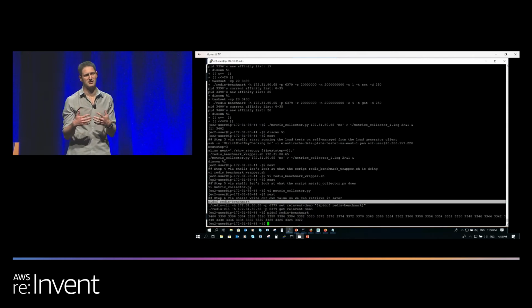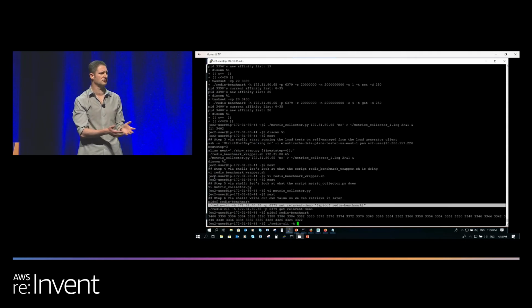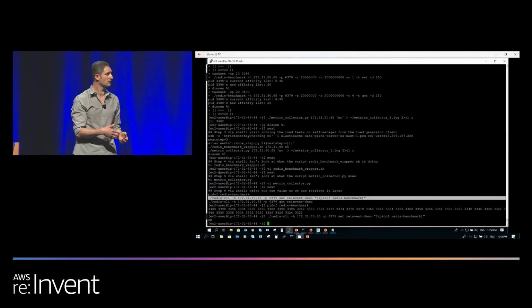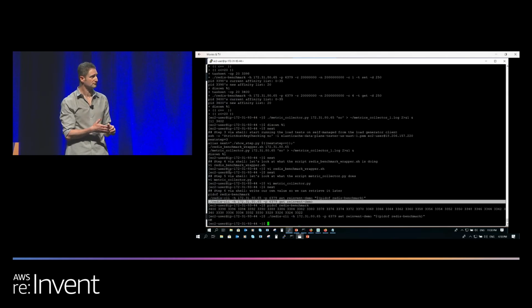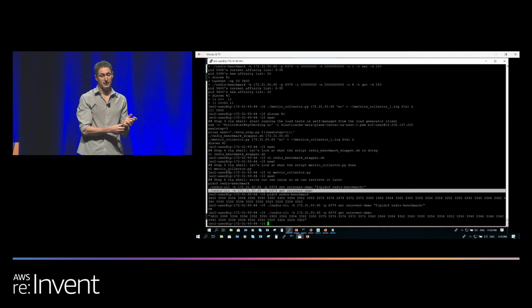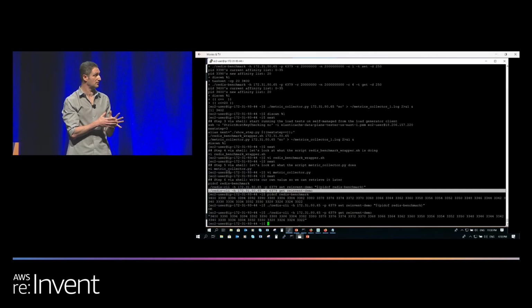You can think of this like a smoke test: you want to see that what you put in there is actually replicated to the ElastiCache, and you can read it later on. So this is what I'm doing here, and as you can see, Redis stored this. That's not really surprising.